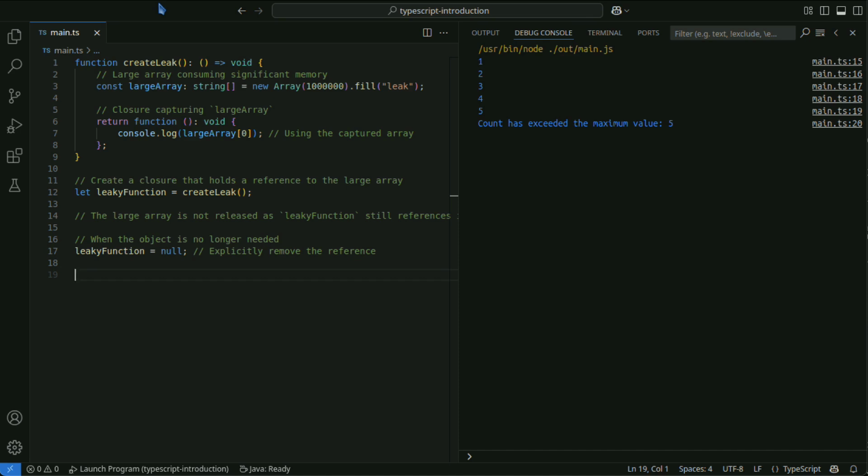When an object or variable is no longer needed, setting its reference to null allows the garbage collector to detect it and release the memory. When creating closures inside a loop, there may be issues referring to the same variable. The following example shows a case where the variable i, declared with var, does not behave correctly.